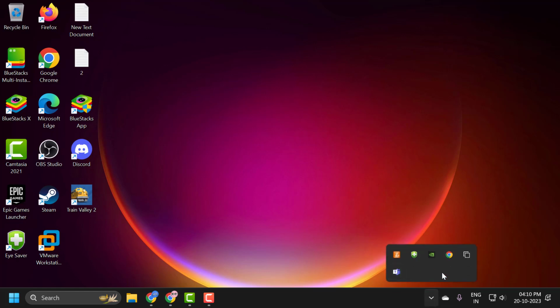Today we are going to see how to resolve if your Windows Defender icon is missing from the taskbar system tray on your Windows 11 computer. Let's fix it, guys. You just need to right click on the taskbar and select Task Manager,